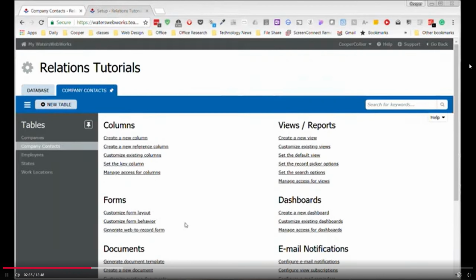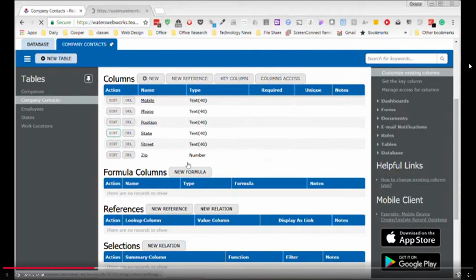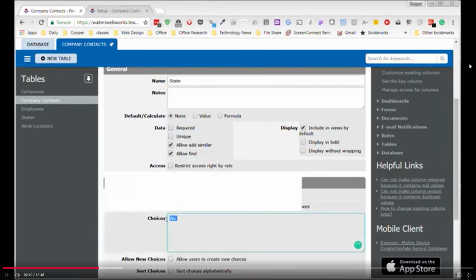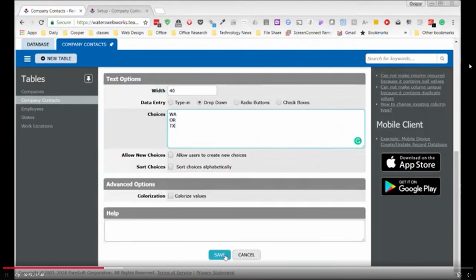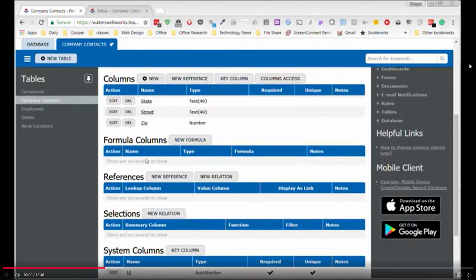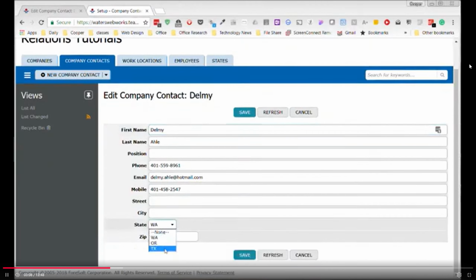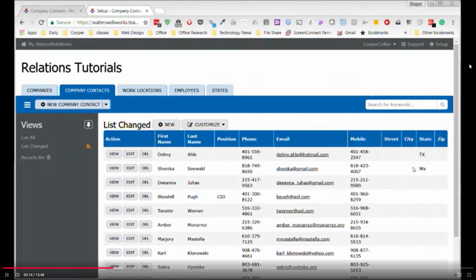One solution, of course, is to go into your columns, go into the state column, and add some choices. So you would do a drop down, and you would add Washington, Oregon, Texas, etc., and you'd put them all in. That is a good solution for that. And then if we go and edit these, I can pick a state out of the list. Simple enough. So we can accomplish it that way. But